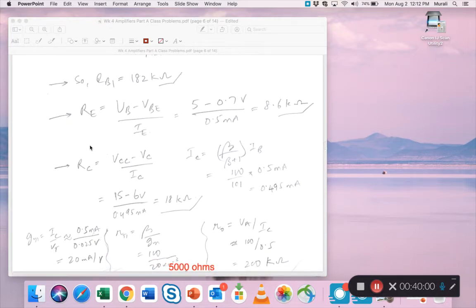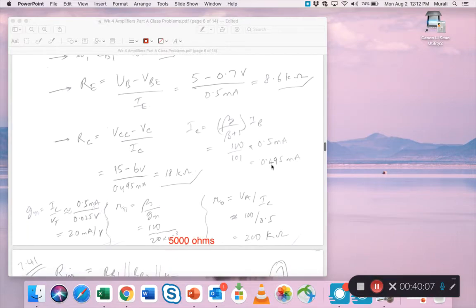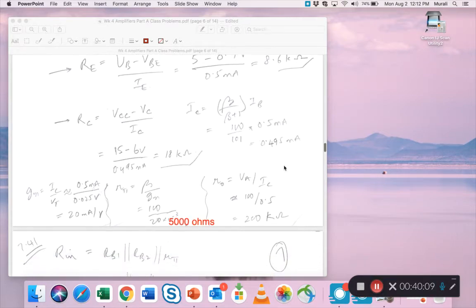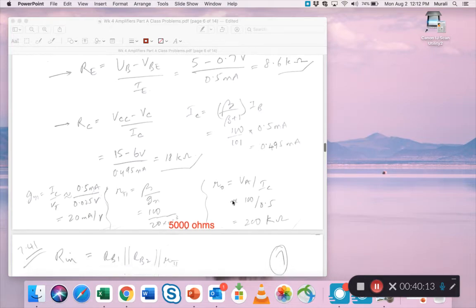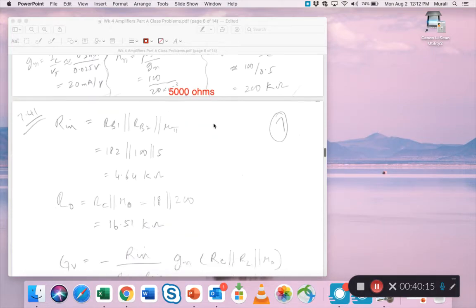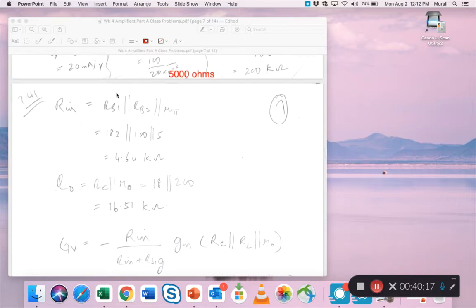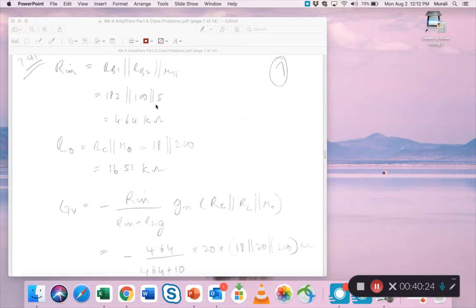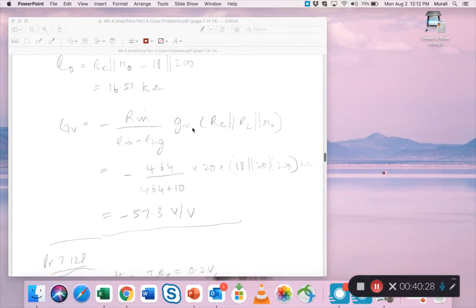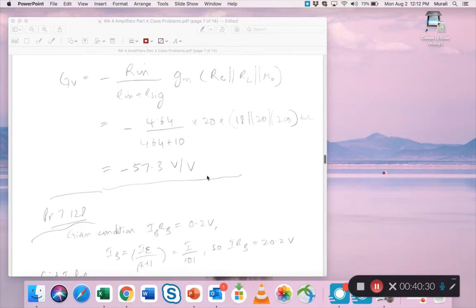Our RC using this formula comes out to be 18 kilo ohms. IC is 0.495. Okay. gm, r pi, ro, easy application of formulas. So that was 7.40. For 7.41, Rin, same formula, a parallel formula, ro formula, Gv, use the formula, and you get